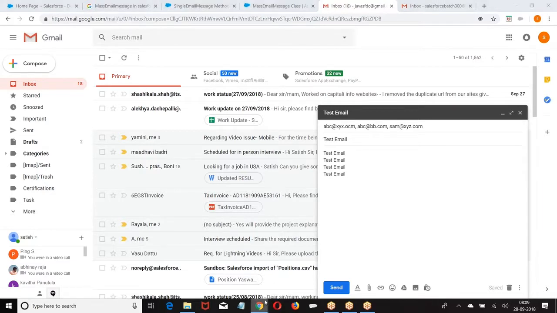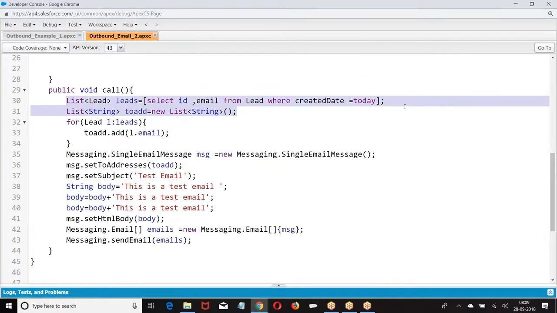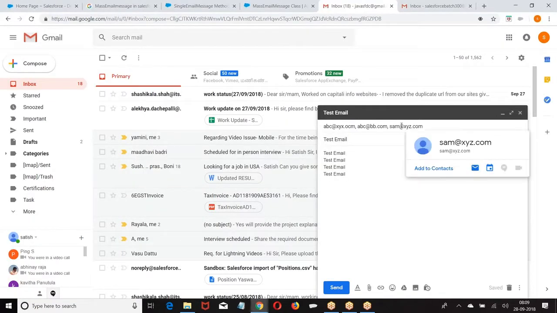Then what I have done is write a SQL query. I brought all the leads, took the email addresses of the leads, and kept them. Now when I am sending it, you have two options. If any one of the email addresses fails, do you want the entire email to fail, or only the delivery to that email to fail? Send all or send few. Atomic or non-atomic process. If any one email fails, only that email will fail and the rest will all be sent. I need to specify that externally.